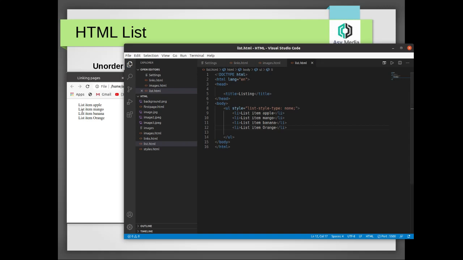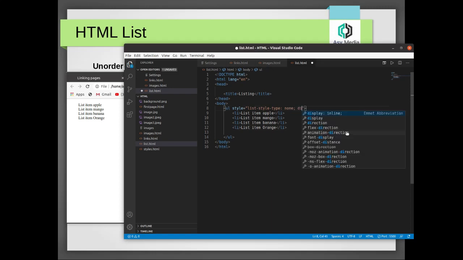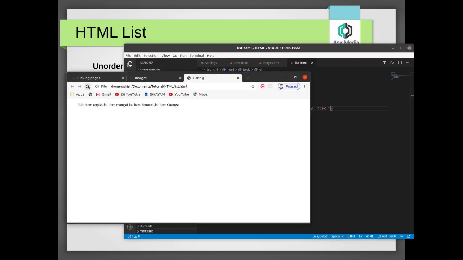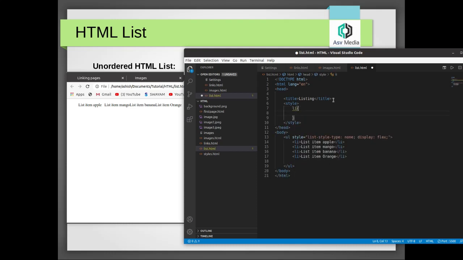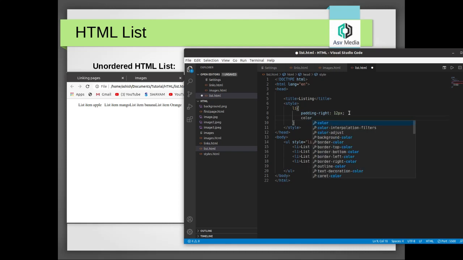And suppose if you want to display it all in flex, just add style here, display flex, save, refresh. So you can see all lists are coming in a single line. Create a style sheet, create a style here, then just type li curly braces, then padding right, padding right is 12 pixels. Okay, now change the color, add more CSS, color is white,